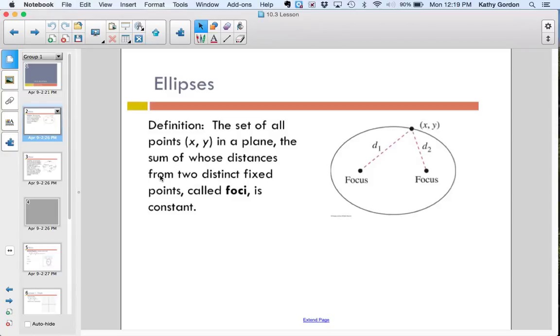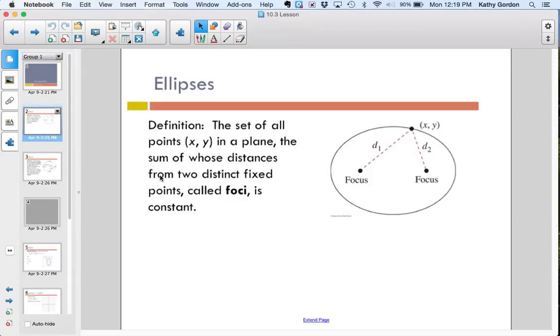So what this is saying is, in order to get an ellipse, for any point that you would have out here, in all cases, the distance from one focus to that point plus the distance from the other focus to that point, that sum has to stay the same all the way around. A very common way to demonstrate this